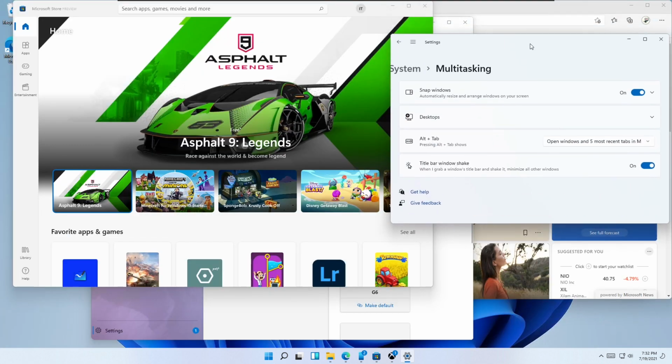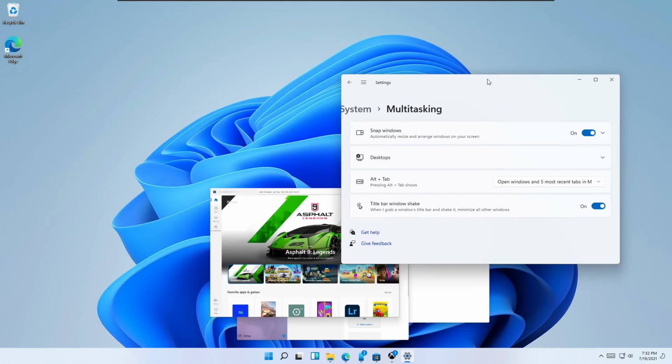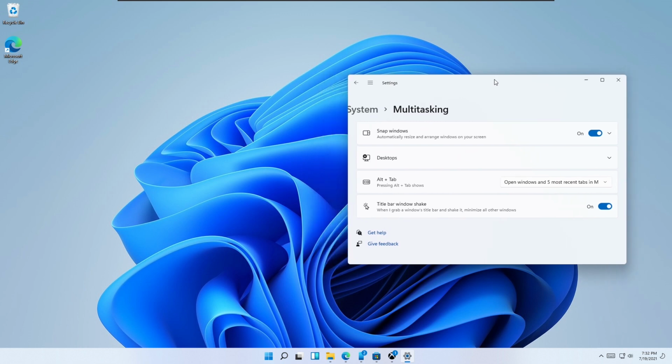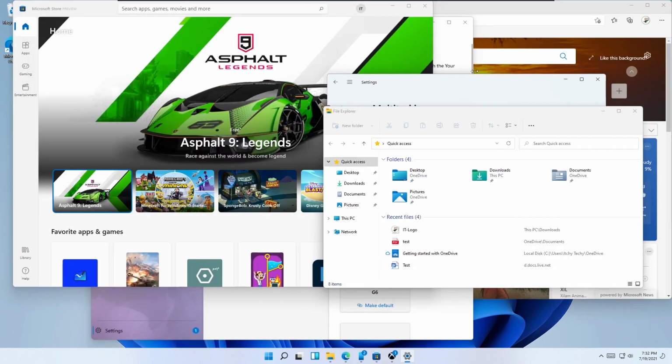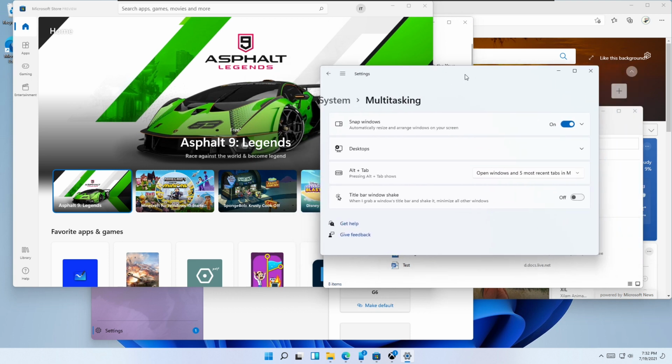The easiest way is title bar Windows Shake. All you need to do is grab the title bar of your window and shake. In simple words, click on the title bar and move the window here and there without releasing the mouse button. All the opened windows and apps are minimized to the taskbar except the window you are holding. How simple is that? You can do the same again to restore minimized windows.